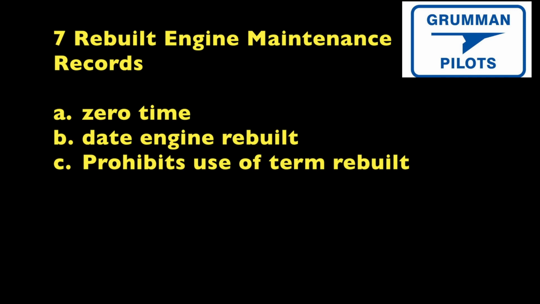Now, Section 7 says we have to be correct with our terms. Only an engine manufacturer can zero time an engine, or they can designate someone to zero time an engine, but they're the only ones who can do that. And then you also have to have the date the engine was rebuilt, because calendar time counts towards your engine as well as the hours on it, or the lack of hours on it